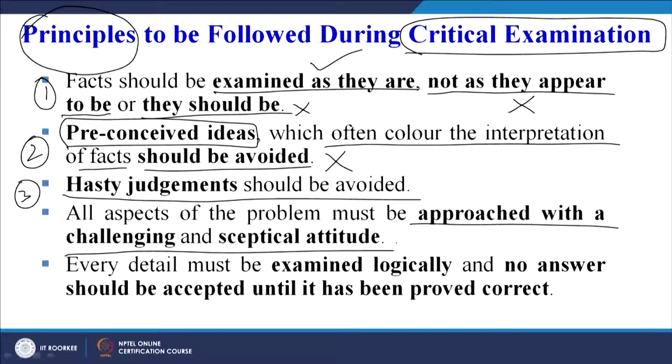So basically, when we want to change something regarding the current method of doing the work, we must be ready to challenge the way the work is being done currently. Then only we will be able to have our creative juices playing a role in defining, designing, implementing a new method, a better method, a more efficient, more effective, more productive method for doing the same job. If we accept the way the work is being done, then there can be no change, no betterment of the method. So all aspects of the problem must be approached with a challenging mindset and a skeptical attitude.